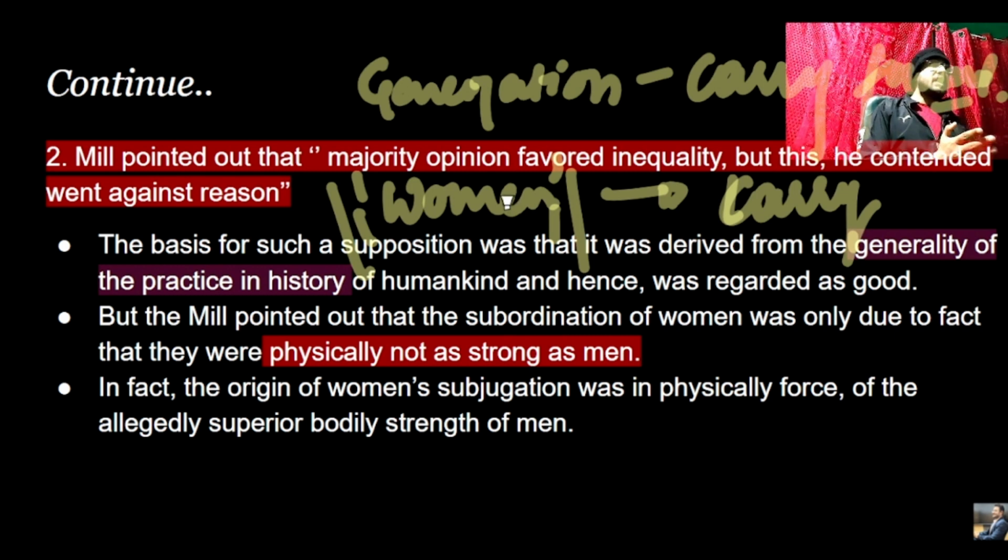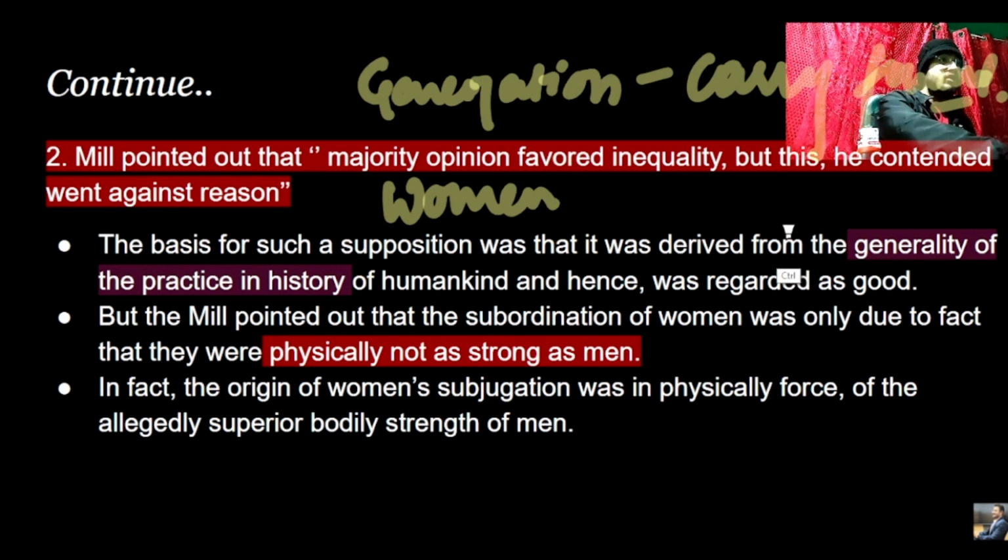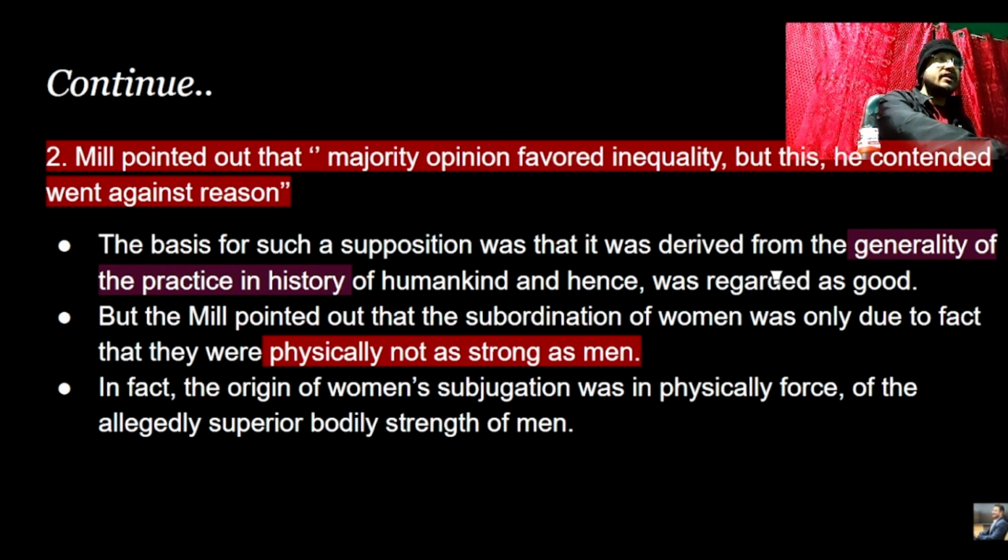And hence this will pass on from generation to generation. This is the basis which Mill attributes to gender inequality. He is saying that gender inequality is basically based on the idea of generality of practice in the history of humankind, and hence was recorded as good, right? But Mill pointed out that the subordination of women was only due to the fact that they were physically not as strong as men, right? So initially in the savage